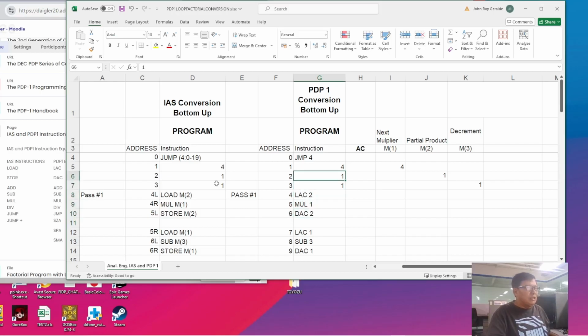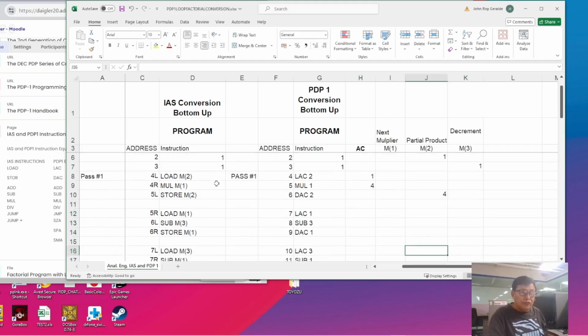The sequence is still the same. I've transferred it because this should be the column for the instruction, and I've placed it on the column for the accumulator. So LAC 2, the accumulator receives M2, which is 1. Mul 1, which means it's multiplied by 4, the value of M1. So this becomes 4. DAC 2, so this is now deposited as 4 in memory address 2.